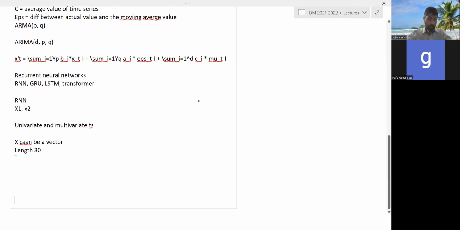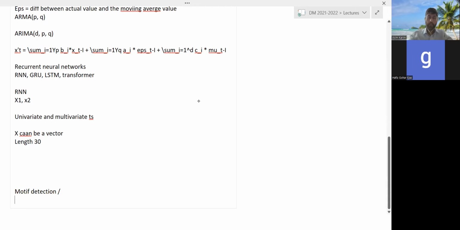Okay, so now let's move on. Now let's talk about motif detection. So what exactly, first of all, is a motif? Motif, of course, is an English word, is a